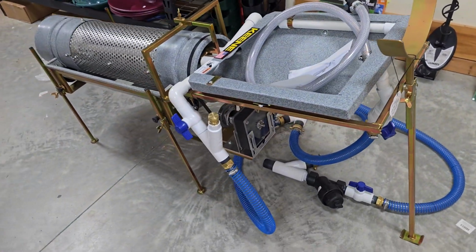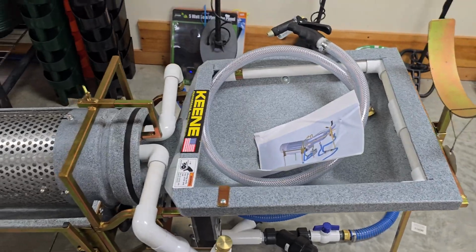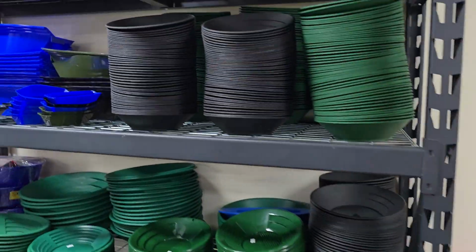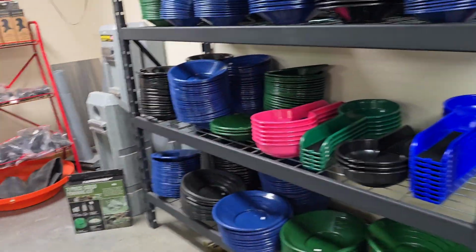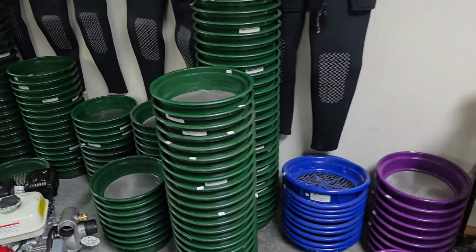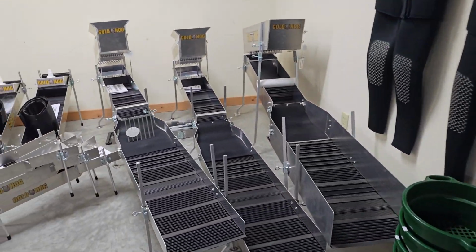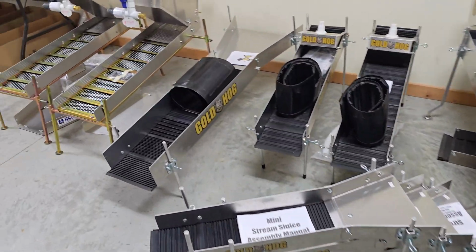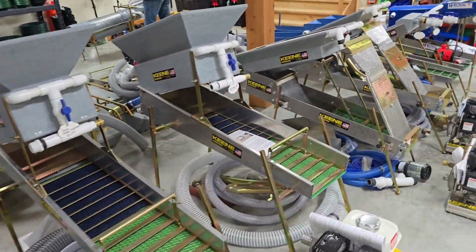Oh, here's a Keen trommel. I didn't even know this was a thing, but that's pretty cool. Made by Mark Keen. All the various types of gold pans you could ever want, scoops, every kind of classifier you could imagine, wetsuits for dredging and sniping. Here you got some Gold Hog high bankers over here, Gold Hog stream sluices, some Royal high bankers. We got Keen high banker dredge combos, and just about